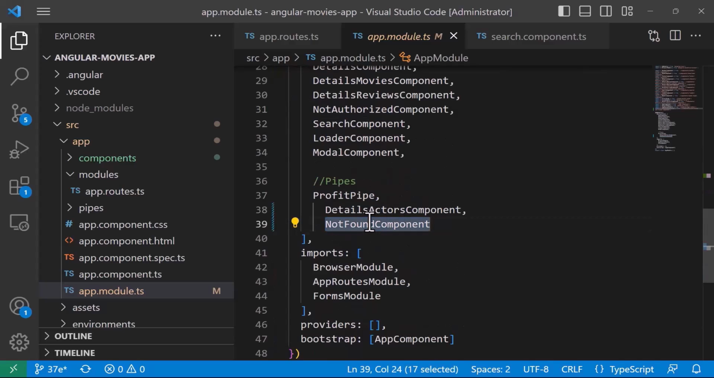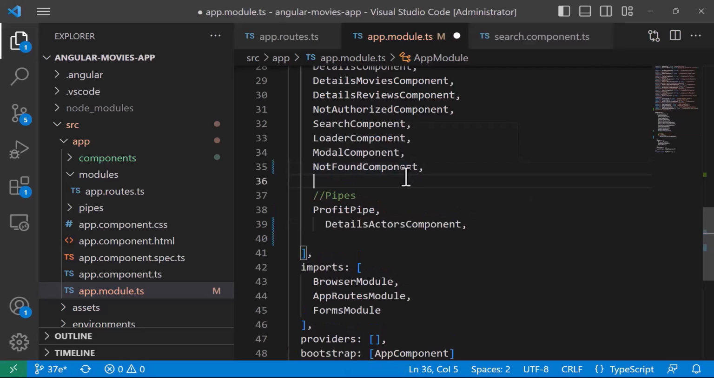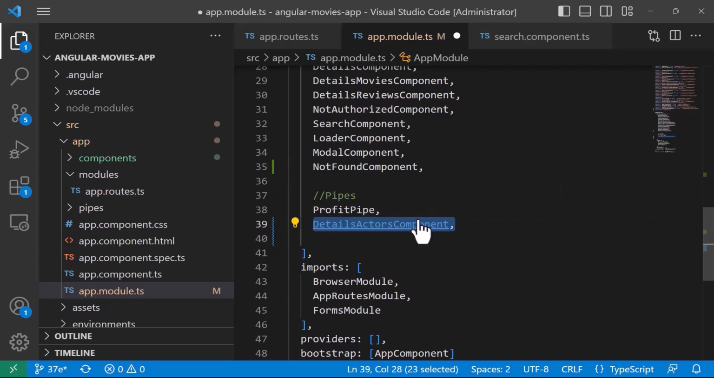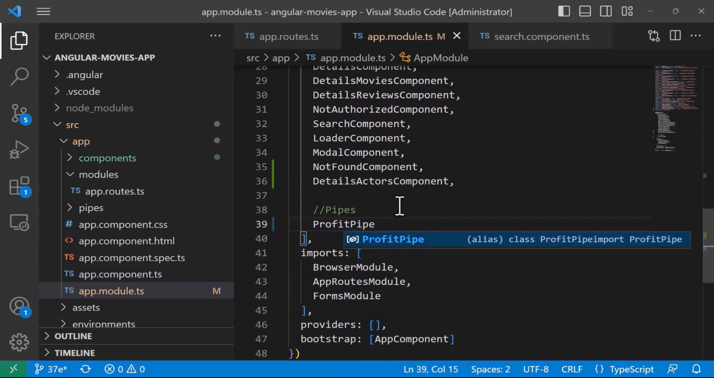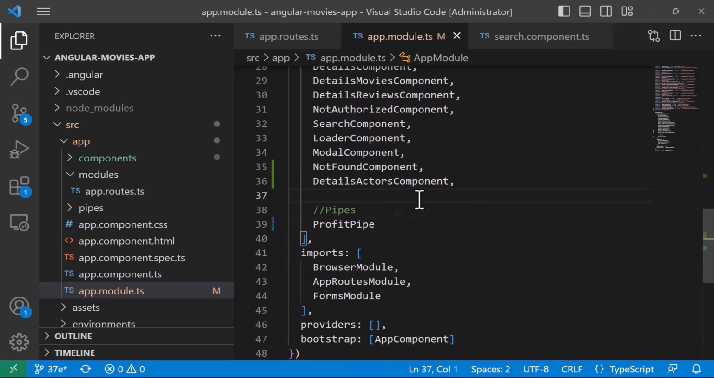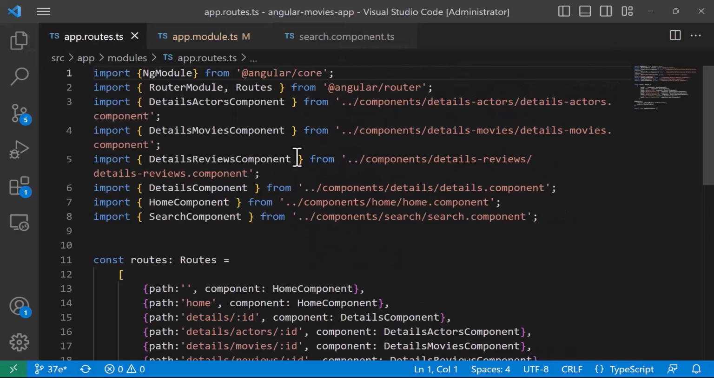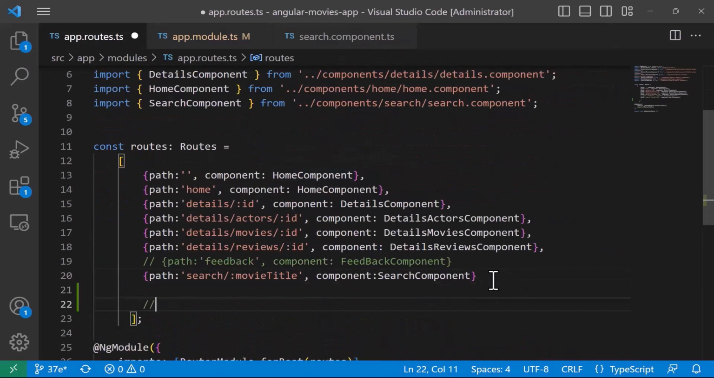I'll just cut it from here and put it up here, because down here we only have the pipes. Just copy this one and paste it up here as well. And in the pipe section, we're just going to have the profit pipe, which is a custom pipe that we have created in one of the previous parts. Now let us go to the app.routes.ts, and in here, at the end, I'll just add, let's say, 404 page